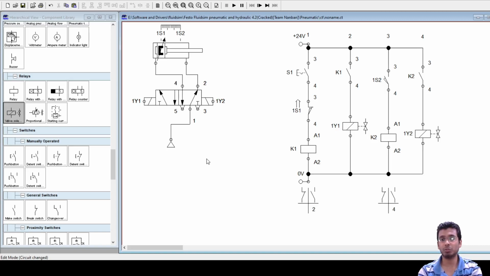What will be the change here? Anyone? Come on, it's very, very simple. So this entire cycle should continue for only one cycle, and then retract back, and the circuit should stop.